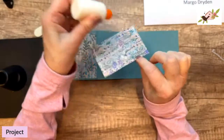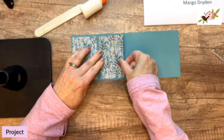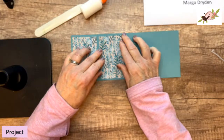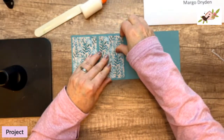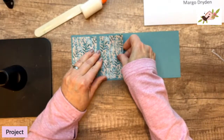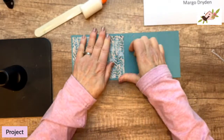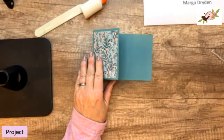I just kind of go along the edges mainly. And you want to make sure it's the same at the top and the bottom and centered. I've got to pull this over a little bit. There we go. All right, so